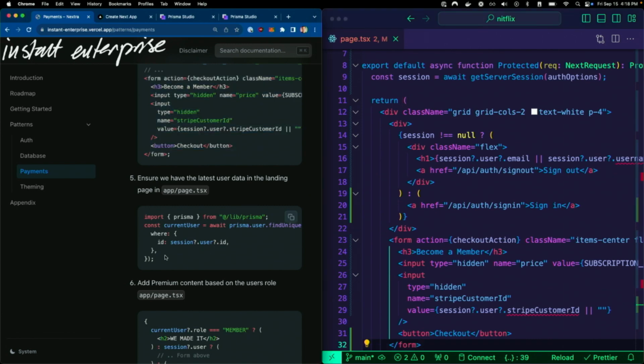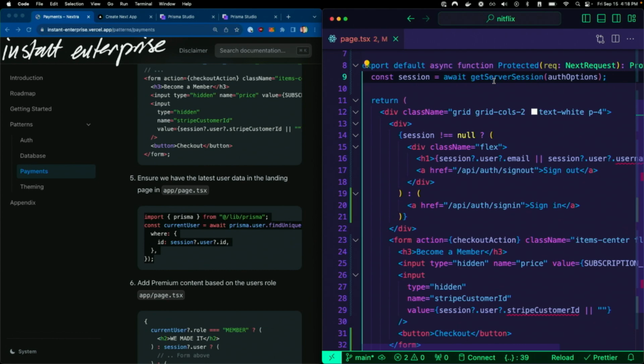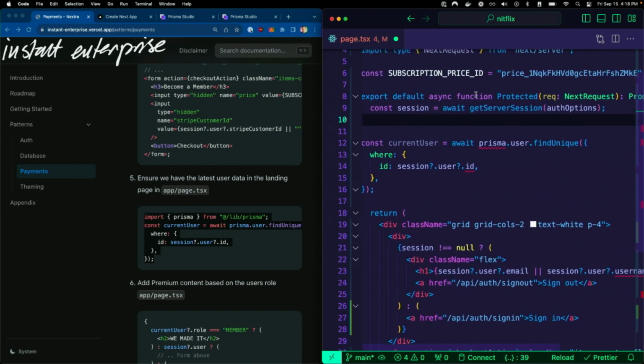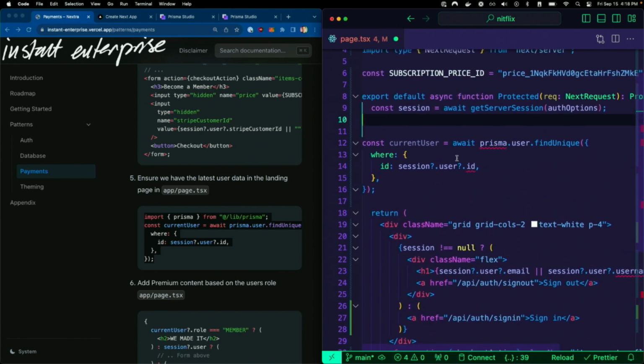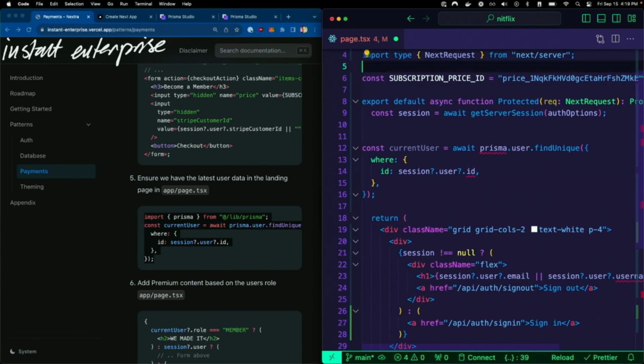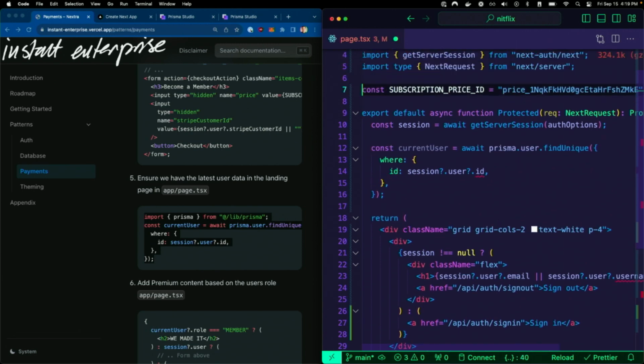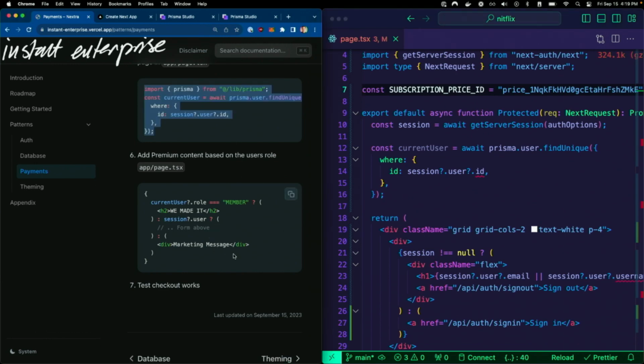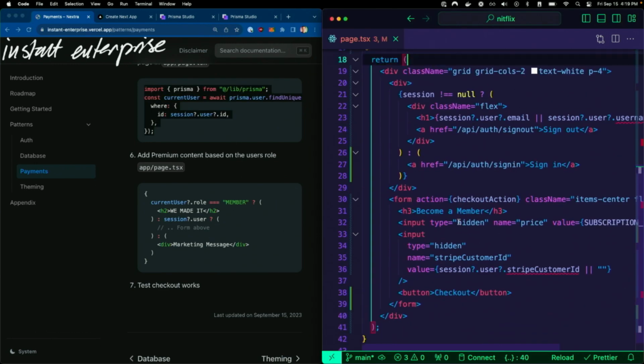I'm going to go back in and make sure that this page, rather than reading from the session, which I haven't quite figured out how to revalidate yet, at the moment grabs the user from the database every time this route is refreshed on cache and confirms that they have the right role. Good. So with that all there,